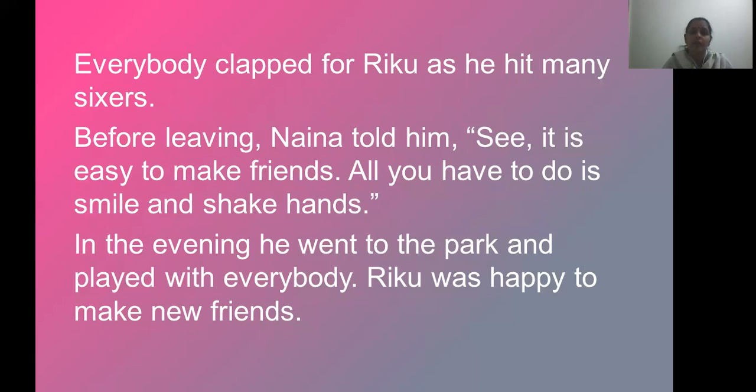Okay, children? Clear? Have you all understood the passage? What is the passage about? It is about a small boy named Riku. Yes, he has no friends. He finds it very difficult to make friends. He finds it very difficult to go play with them or jump with them. But he likes to go to the park and see the children playing over there. So every day evening he goes to the park with his mother.